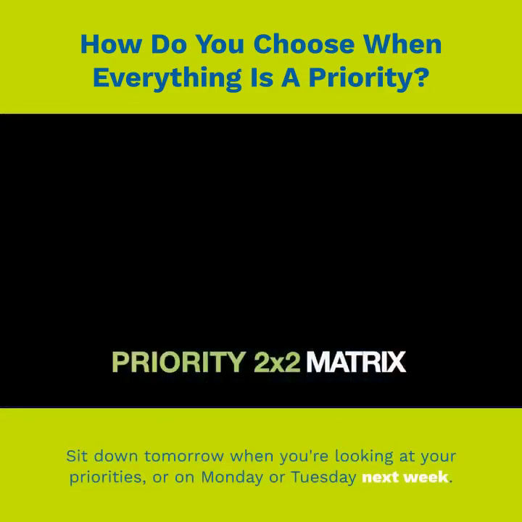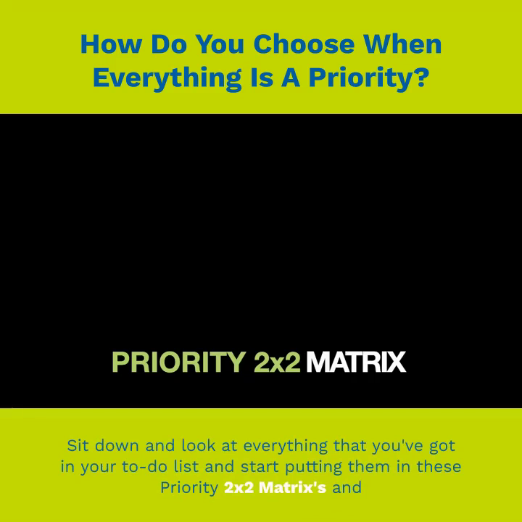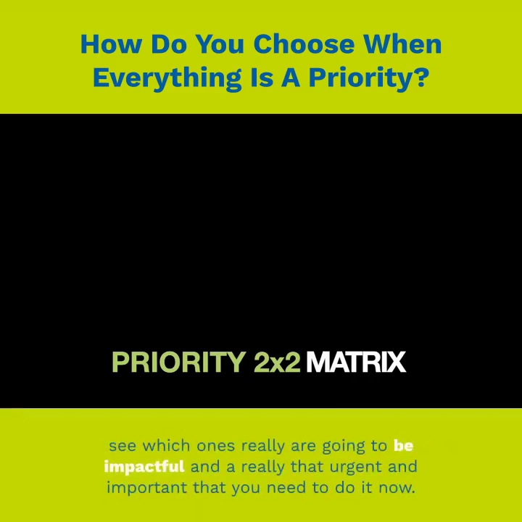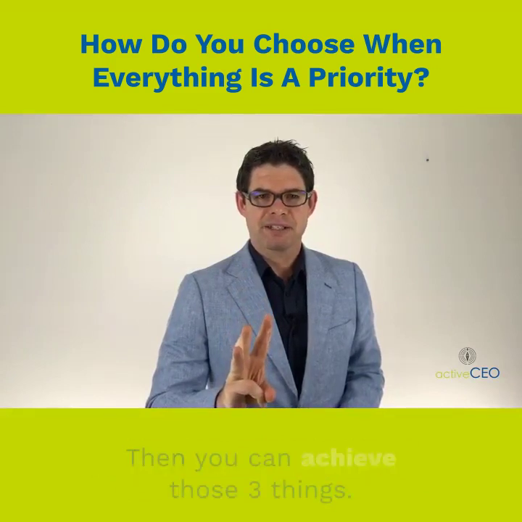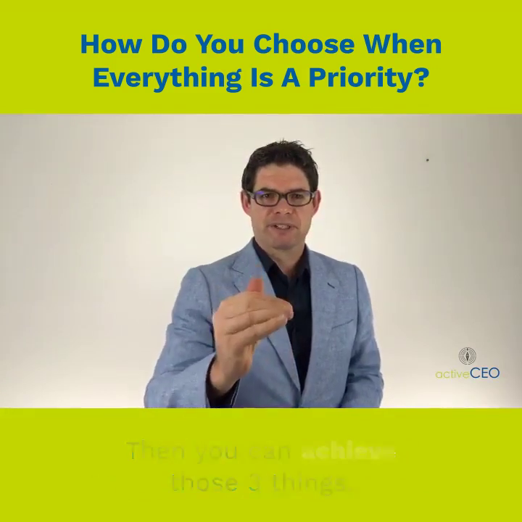Sit down tomorrow, when you're looking at your priorities, or on Monday or Tuesday next week, sit down and look at everything that you've got on your to-do list and start putting them in these priority 2x2 matrices and see which ones really are going to be impactful and are really that urgent and important that you need to do it now. Only choose 3 things per day, then you can achieve those 3 things, because if you